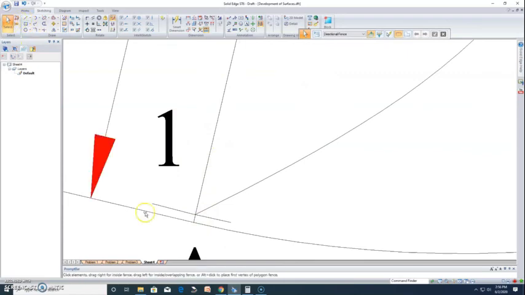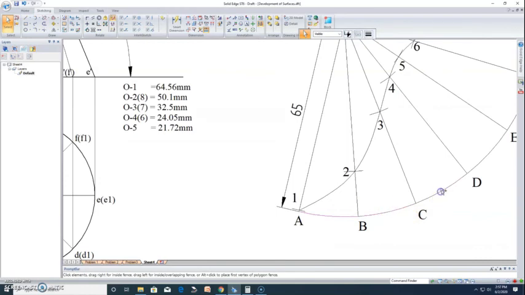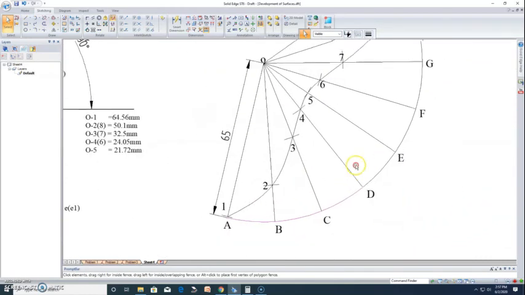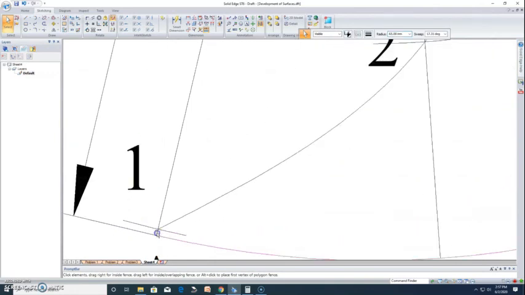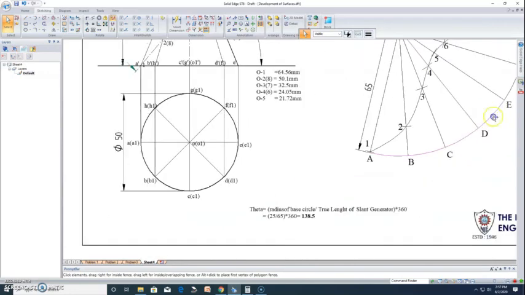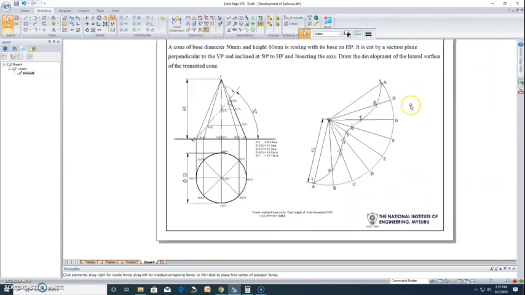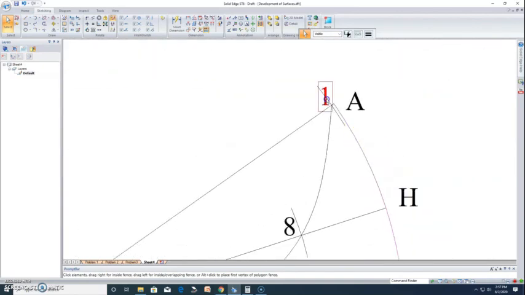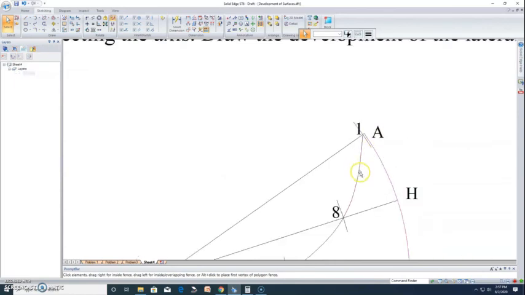We'll take this small portion of the line, again a small portion here, and finally this curve.